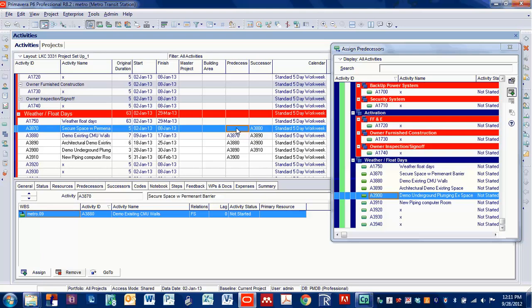The next step is going to be to assign. Now remember, we took the sort button off here, so it's not going to move. So we need to find out what was the predecessor to securing this existing space. And based upon the input that I had in the planning session, it appears as though